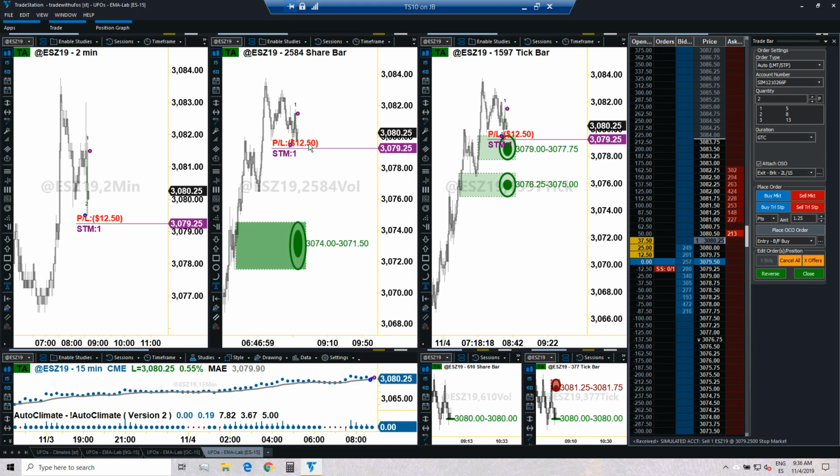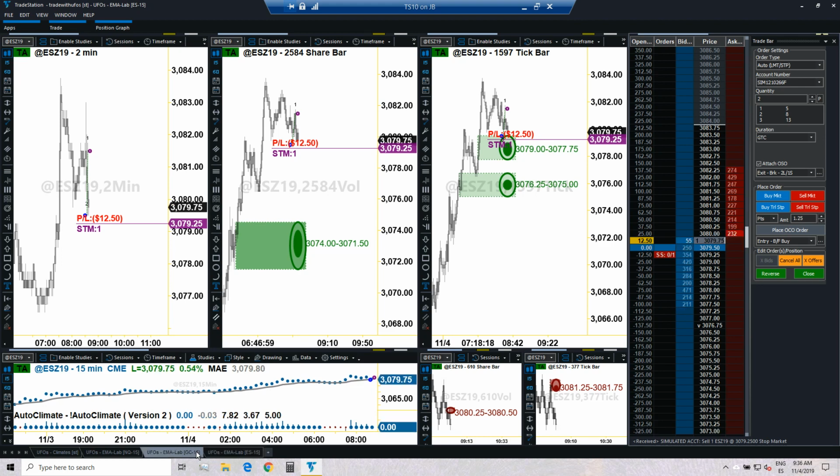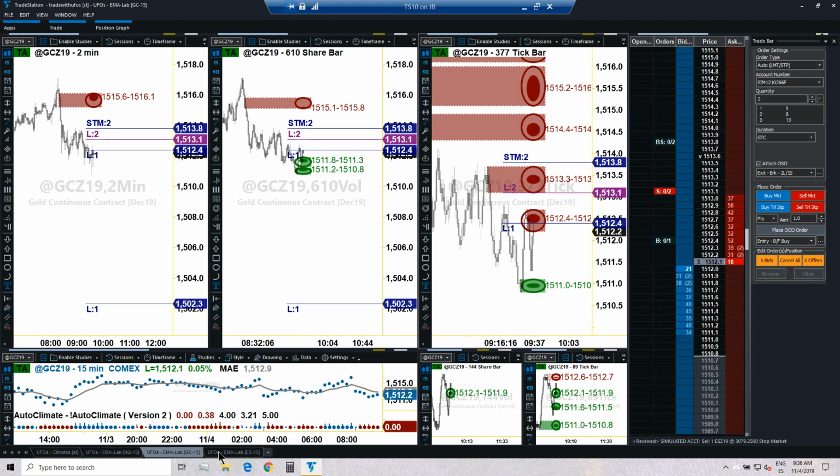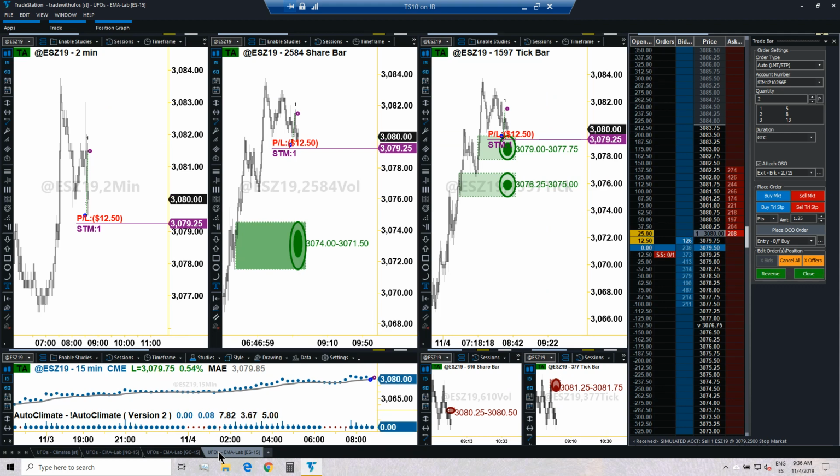And as new UFOs keep forming, we'll keep trailing the stop, because remember, with the S&P, we have no final target. So we are just going to continue trailing stop. Another quick look at gold. Gold still looking for its entry. That hasn't happened yet. Just looking to see if any UFO is going to form here, that gives me the opportunity to lock in some more profits, if any.